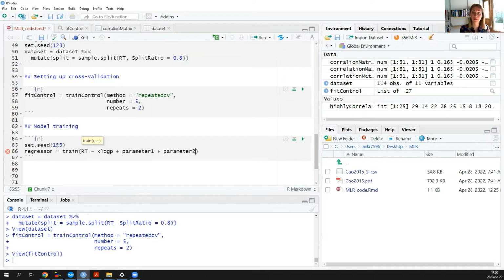Where parameter 1 and parameter 2 would be the names of the columns which we want to put into our data, into our model potentially, which need testing if they fit there. However, in multivariate cases, there are usually too many columns to specify them one by one. So therefore, there is an option to say that all columns besides the predicted variable will be used for training. So we can use this option,